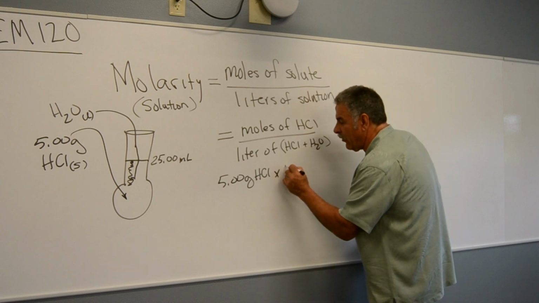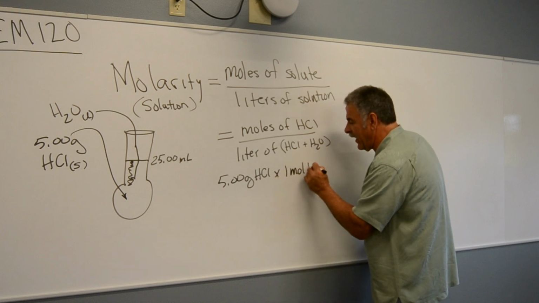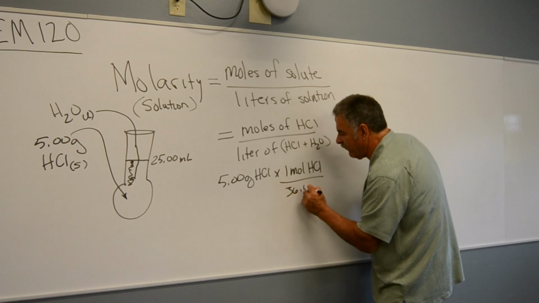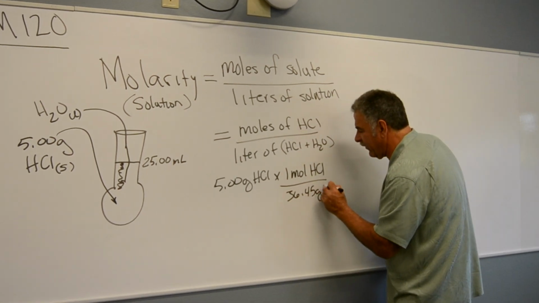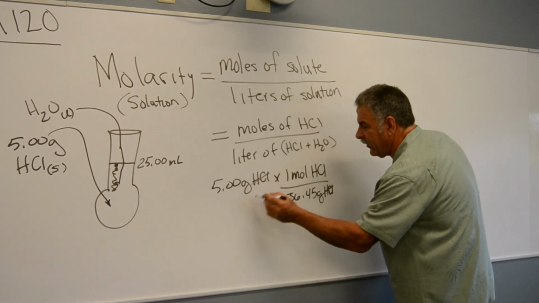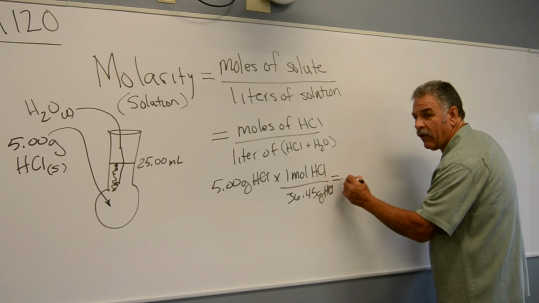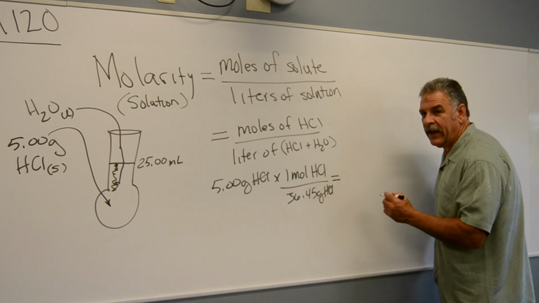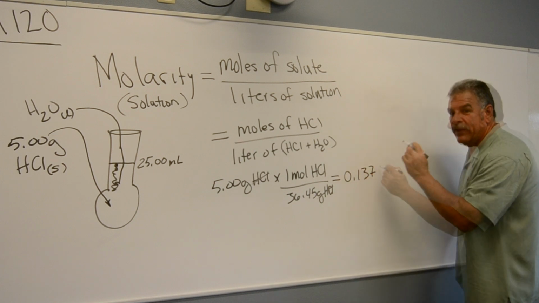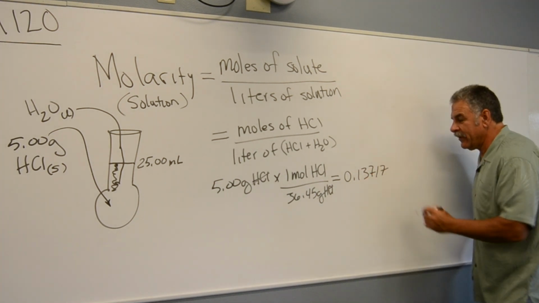I happen to know that 1 mole of HCl is 36.45 grams of HCl. All right, remember, grams cancel. So now we're going to be moles of HCl. That number turns out to be 0.13717 moles